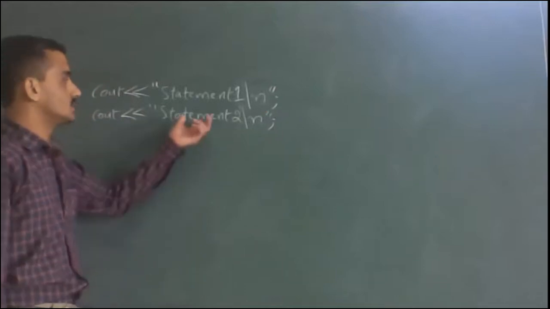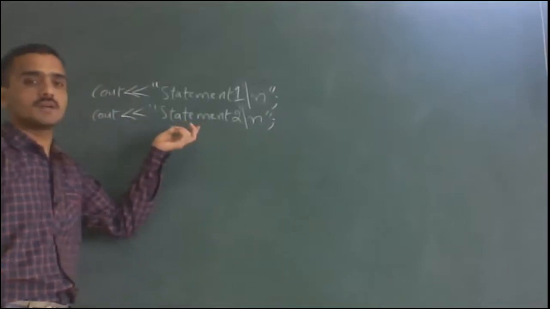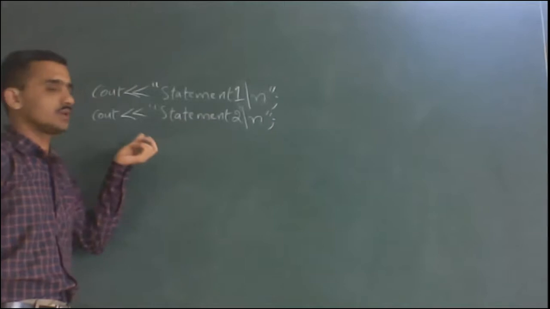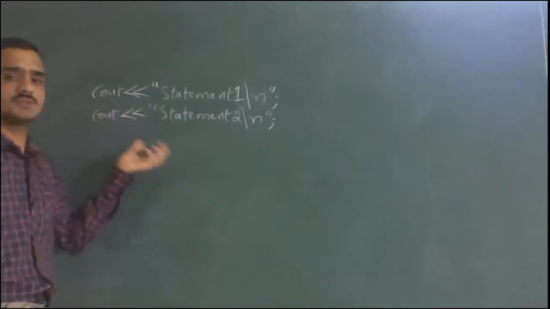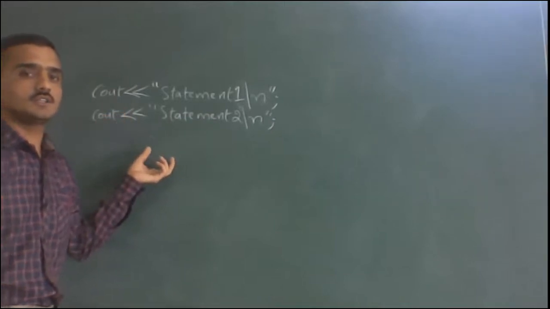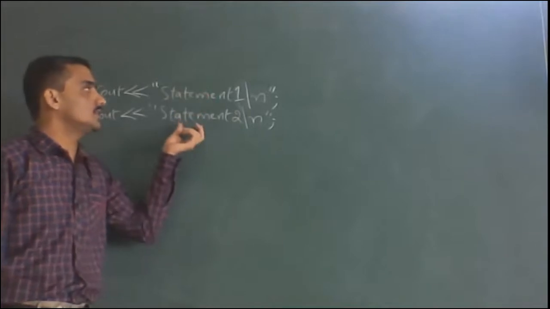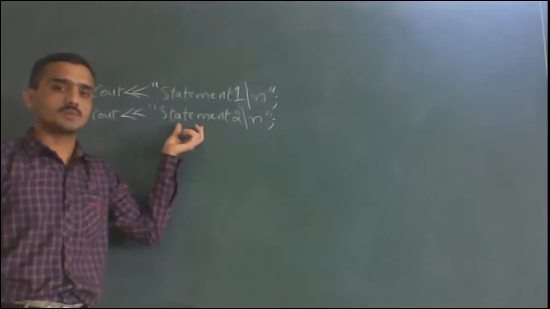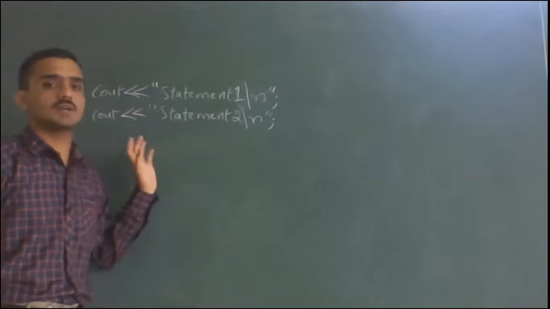Consider these two statements. This is part of the program, but still you can write the output. Whenever you come across the cout and similar statements, you just write the output. It is not a rule that if the main function is there on the board or on the paper, then you have to write the output. If part of the program is there, then you write the output.